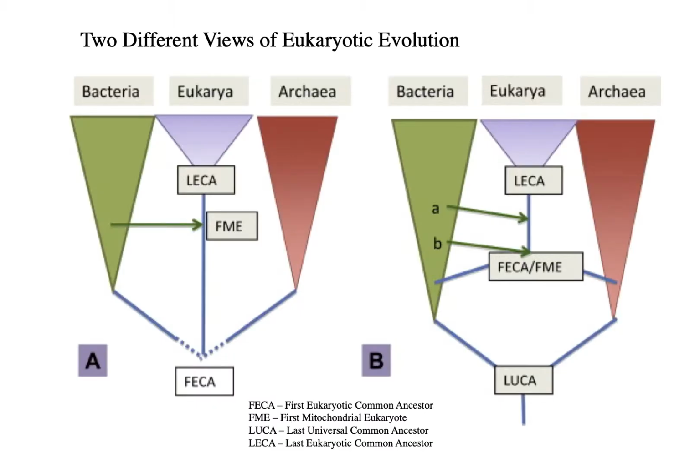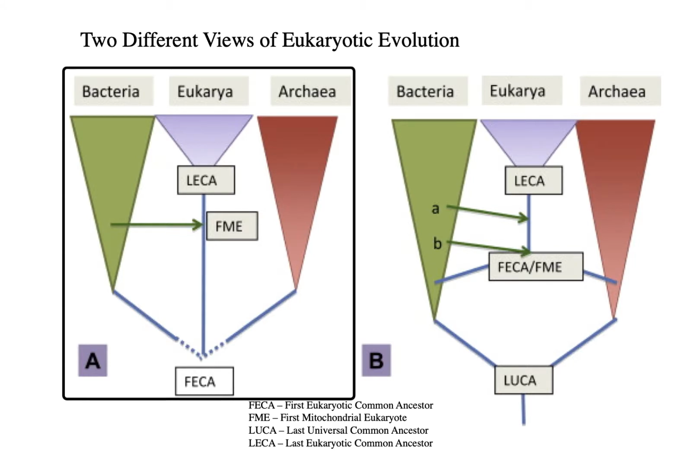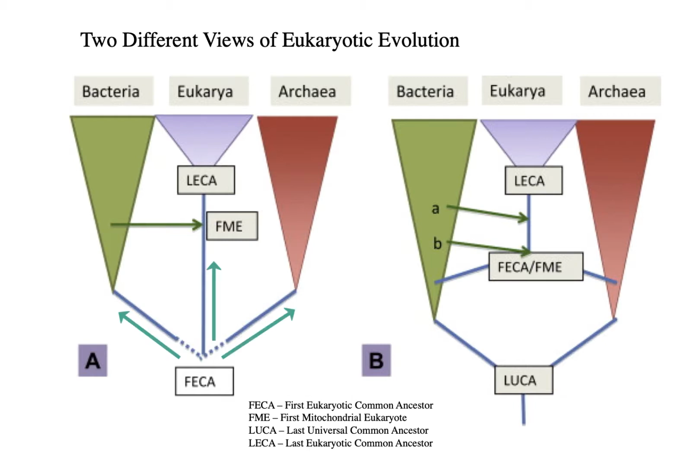One of the characteristics of an endosymbiotic event is that you get mixing of two genomes from different parts of the tree of life, the overall phylogenetic tree. So this becomes confusing in some ways, so that on the left-hand side you have a tree which would be drawn in the traditional way with the three groups of organisms, bacteria, eukarya, and archaea, coming from a last common ancestor. And then you have the mitochondrion coming over, and later a chloroplast coming over to make the